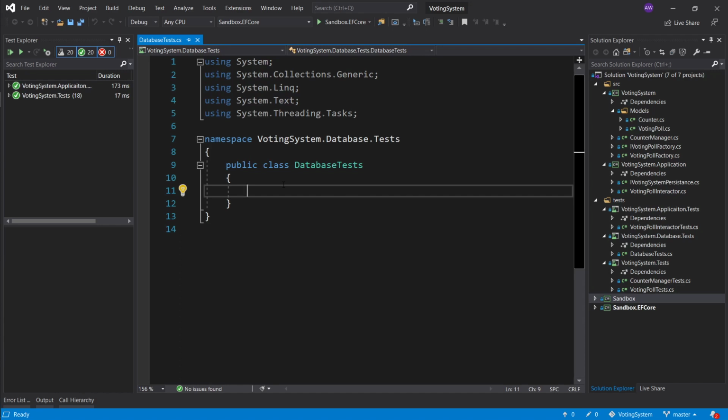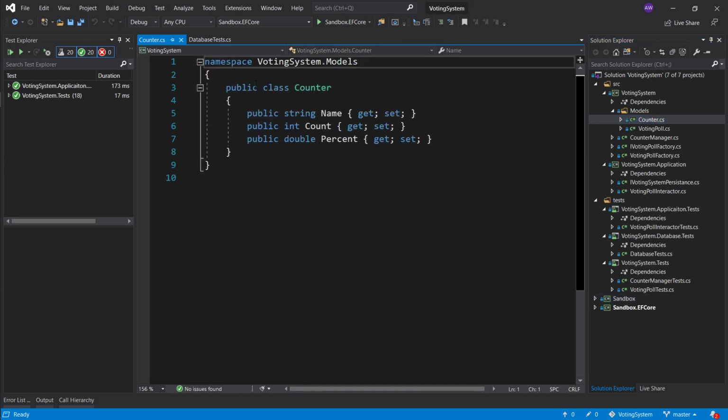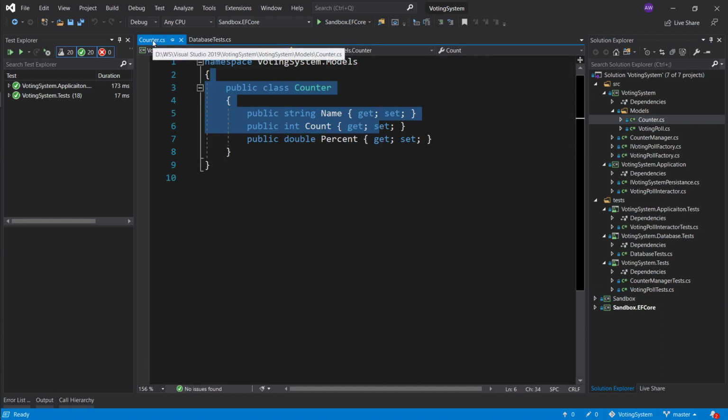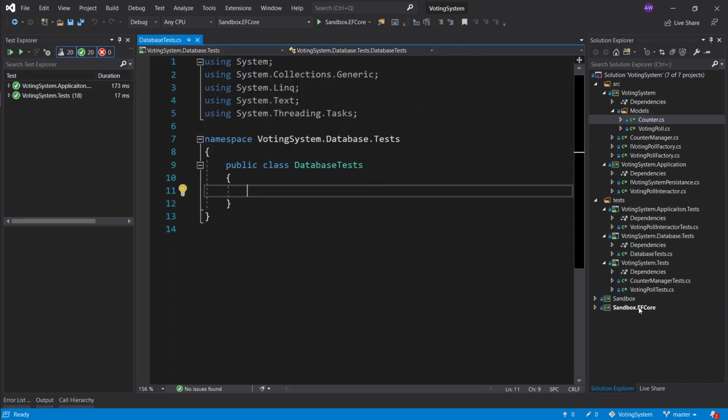Same as with the other test projects, all I'm going to do first is get my foot in the door, and this test isn't really going to test that much in terms of functionality. It's just to get me started, and usually when you're beginning with TDD, I'm going to repeat myself here, you won't just want to write silly tests sometimes just to get used to writing tests, okay? So what we're going to be doing is making sure that the counter class is going to be stored in the database, and as we have gone over, we're going to be using Entity Framework Core for our database. Okay, so let's go ahead and create a fact